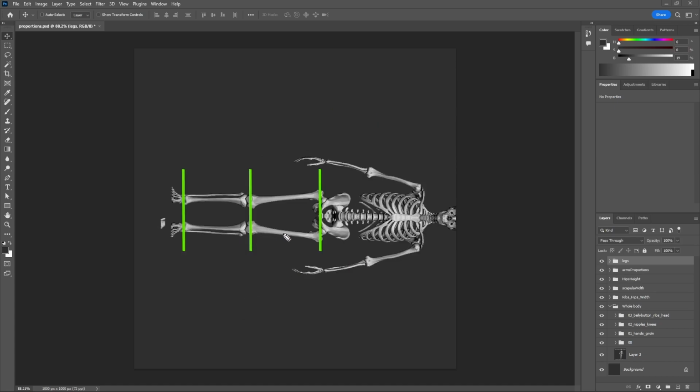And like with the arms being split in half, you can also see the same thing with the legs as well. If you were to go up here, where this is called the greater trochanter, we'll talk a lot more about that later on, if you basically split the legs in half, you go basically at the kneecap and at the ankles, and this is pretty much 50-50. So that's it for